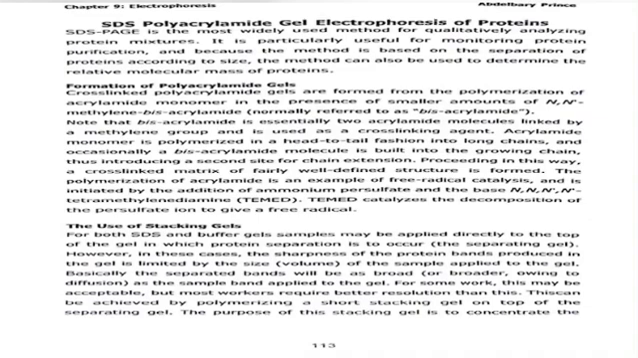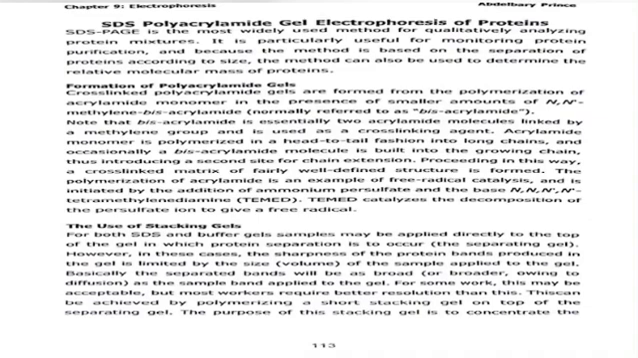Formation of polyacrylamide gels. Cross-linked polyacrylamide gels are formed from the polymerization of acrylamide monomer in the presence of smaller amounts of N,N'-methylene bisacrylamide, normally referred to as bisacrylamide. Note that bisacrylamide is essentially two acrylamide molecules linked by a methylene group and is used as a cross-linking